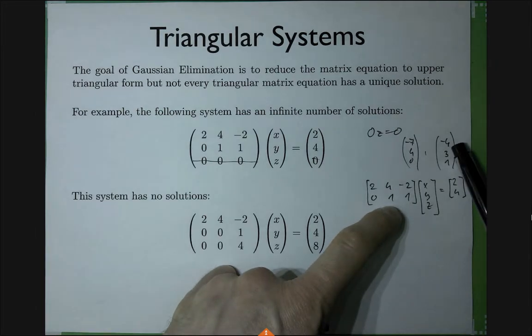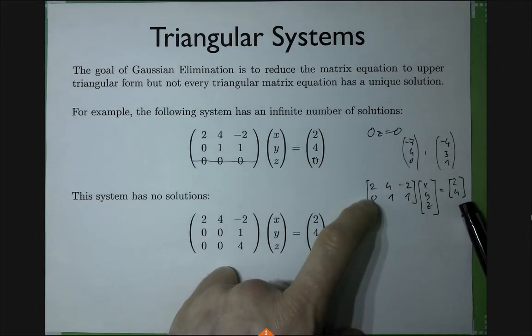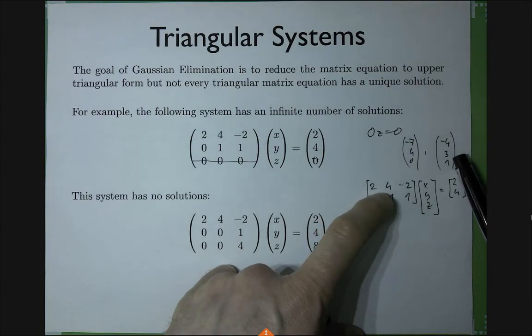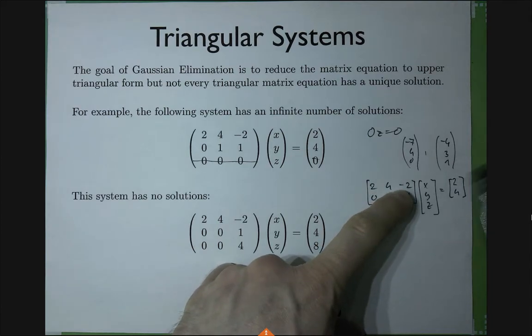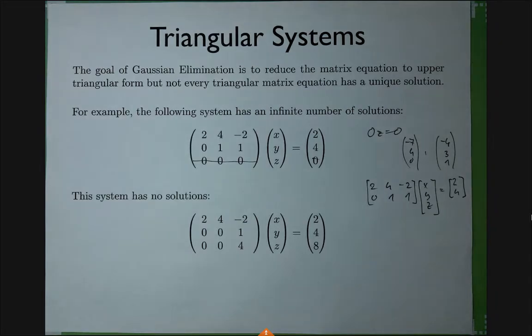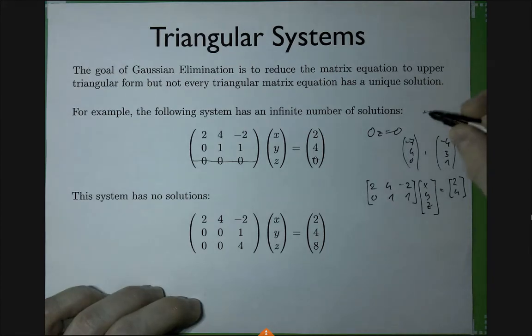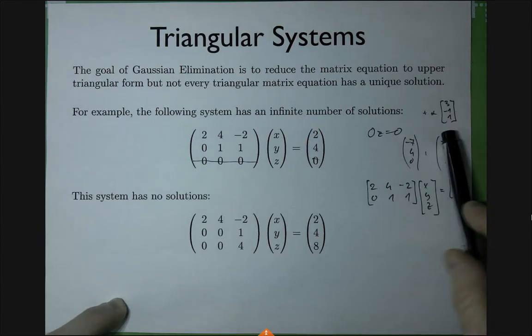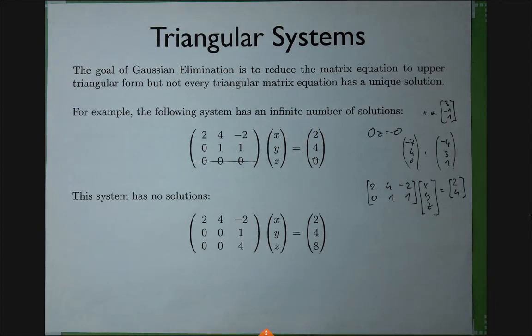So let's see if this one satisfies. This would be 3 plus 1 is 4. That's correct. And this would be -8 plus 12, that's 4, right? -2 is 2. So that's also correct. So there is another perfectly valid solution. And if you think about it long enough, you find out that there is a pattern: you can add any multiple of (3, -1, 1) and you will still get a solution. I'll explain this better later when we talk about null spaces and these advanced things.